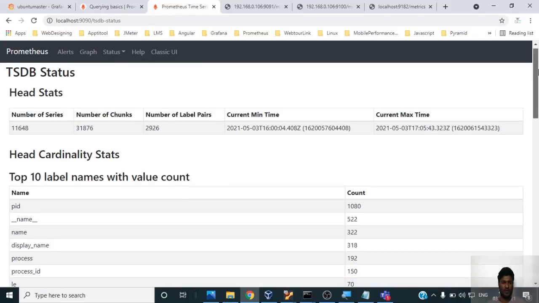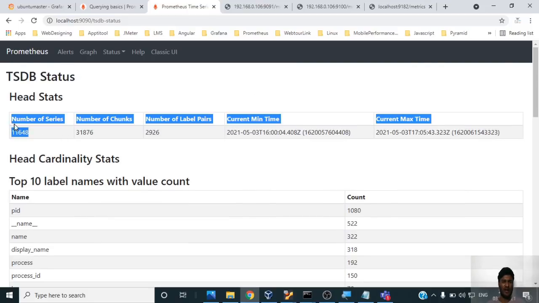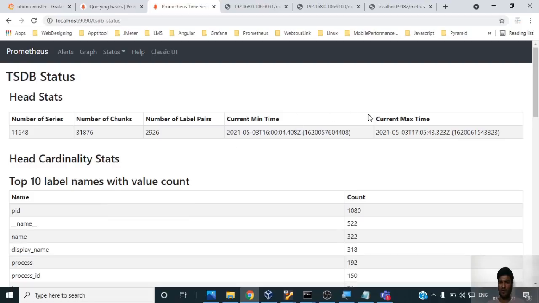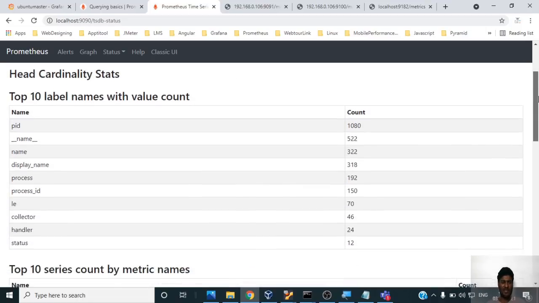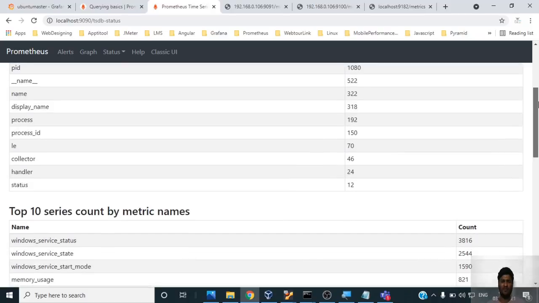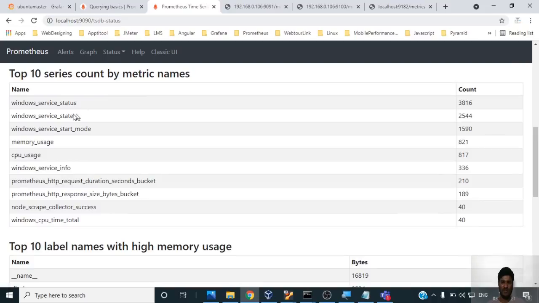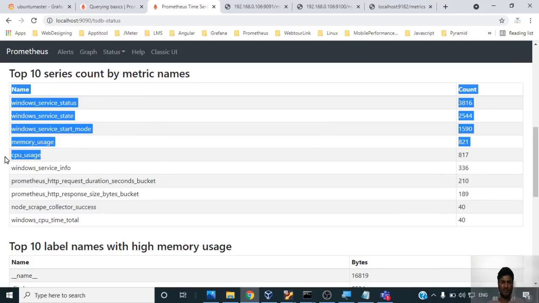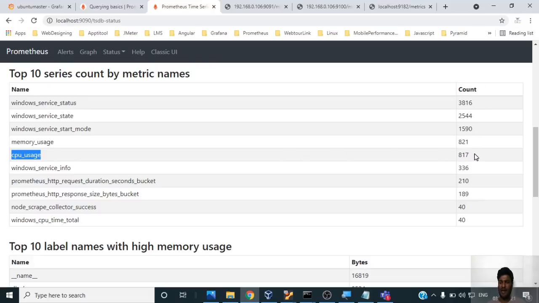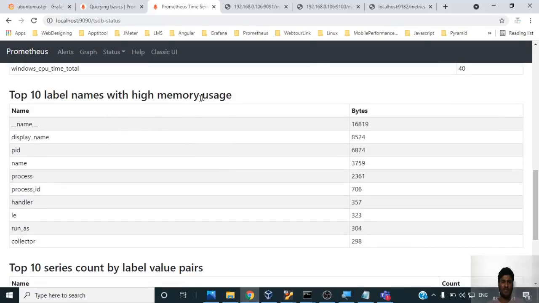If I just click over here, we can see the number of series which are there, and it has a lot of other values. If I go down, it is showing me the top 10 label names. So we are using PID. These are just the top 10 as per the count, like how many of them are present. Then we have the top 10 metrics. So you see that as per the count, we have the top 10 metrics. So CPU usage has been entered 817 times,